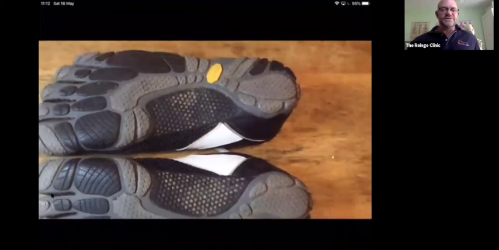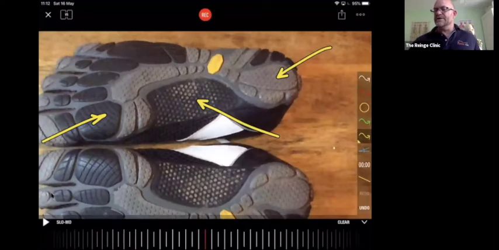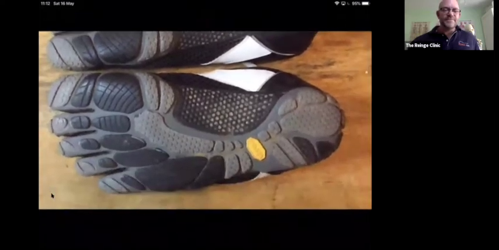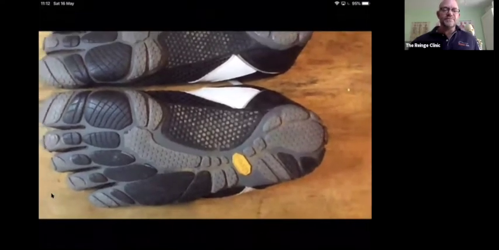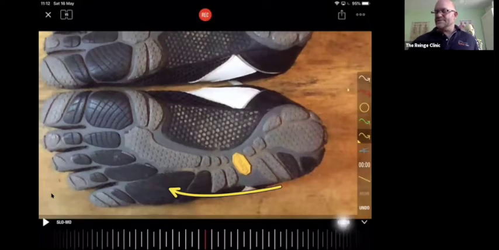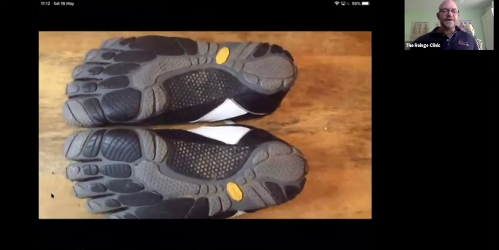Have a look at these patterns on the bottom. Have a look at these little dots. Have a look at these little crosses. Have a look at these little honeycombs. Have a look at these little dots here. This shoe is actually pretty evenly worn all over. There's no real points, apart from a smidge on this shoe here on the outside, where anything is particularly wearing out. And that is because